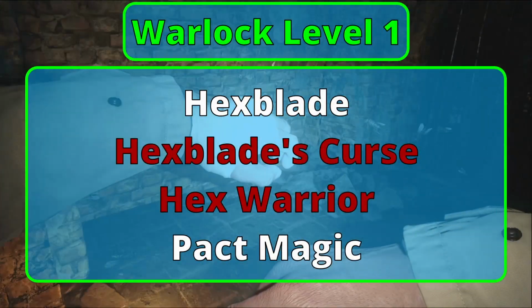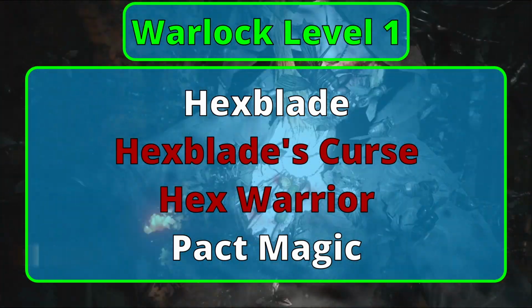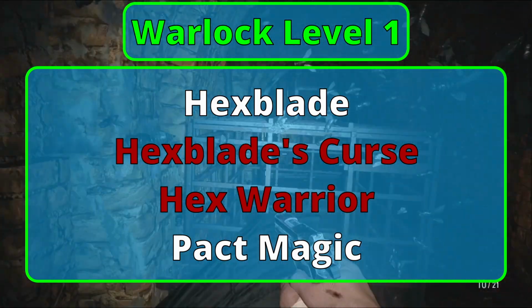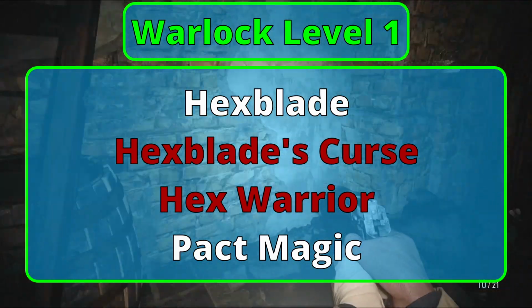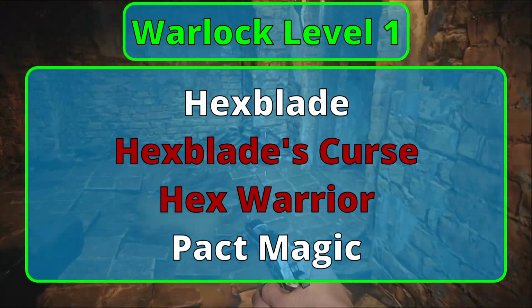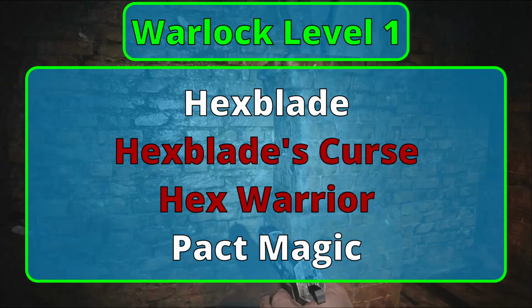Level 1 Warlocks start things off with an otherworldly patron. Since you're all about death and violence, we're going to take Hexblade. Hexblade's Curse allows you to mark a target with a curse with a bonus action. For 1 minute, that target receives bonus damage from you equal to your proficiency bonus. You crit on 19s, and should they die, you feed on them, regaining hit points equal to your Charisma modifier